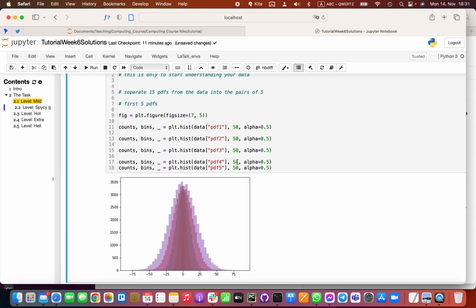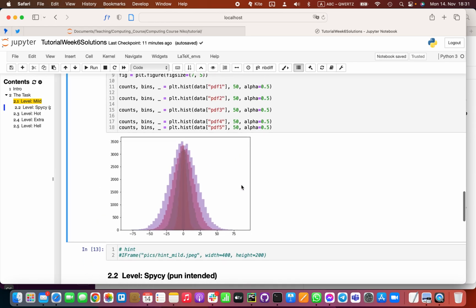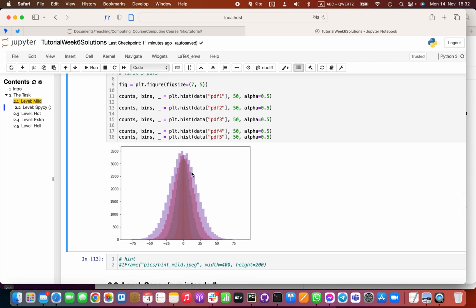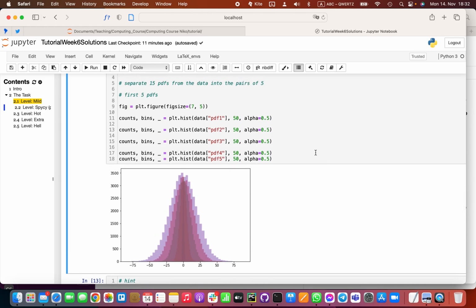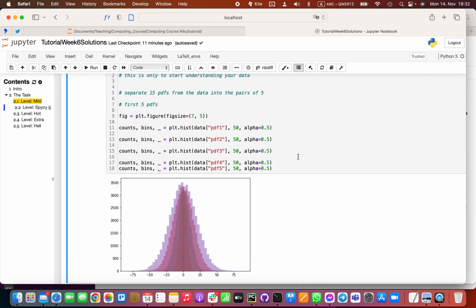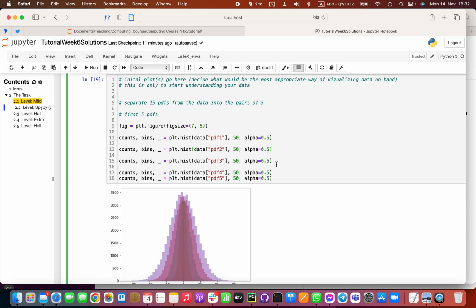Okay, run it. Yeah, now you can see definitely these first 5 PDFs have the same mean, it seems, but the spread is different, or the standard deviation. Okay, cool. And now if you want to do 15 of them, you can, but then please don't copy this code. I mean, it will work, but it just looks ugly and it makes no sense to do it this way. So the way you can do it is,